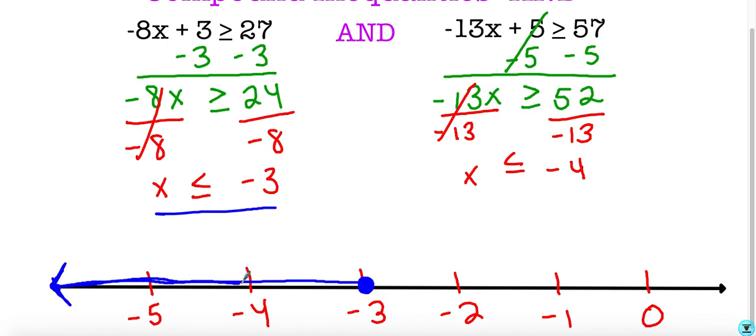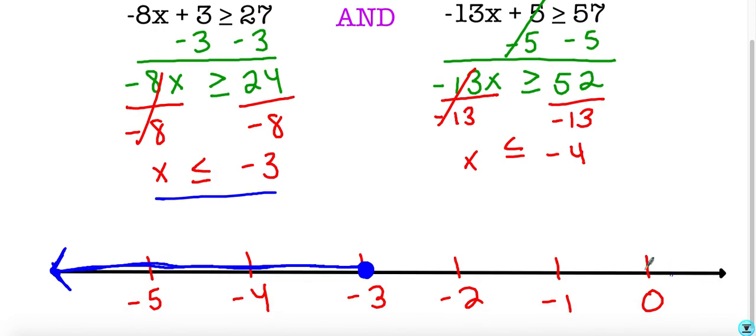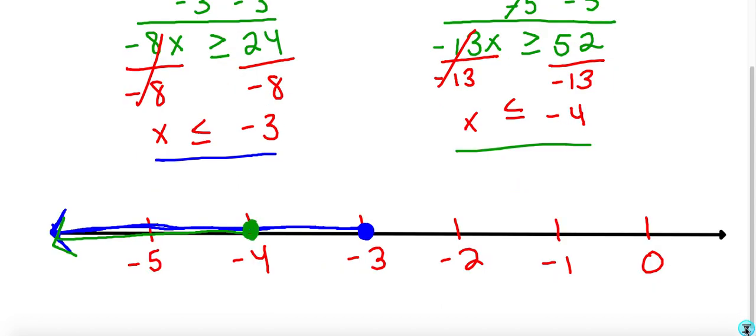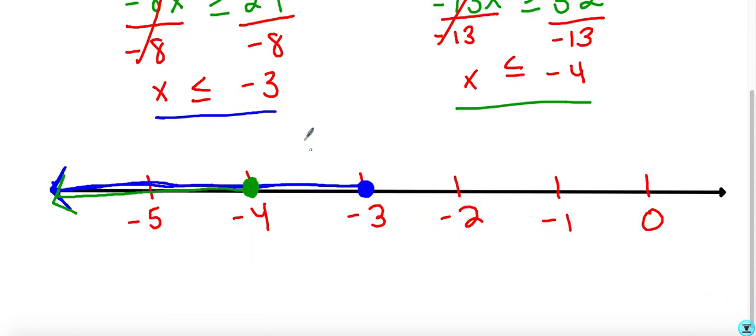Okay. And then for the second inequality, we have x is less than or equal to -4. And again, -4 is included, so we're going to shade in -4. And because it's less than, we also shade to the left. And remember, here we're dealing with our "and" statement, so our x value has to be true for both. So here, if we look at where they overlap